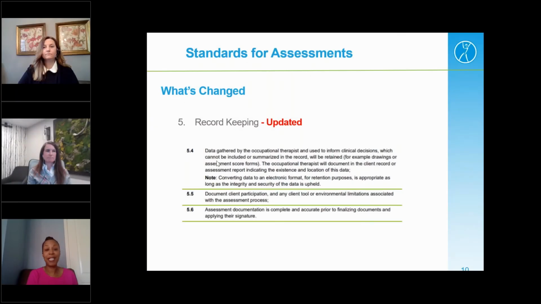And again, record keeping is another standard that we just tweaked some of the language. It is consistent with the standards for record keeping. And one of the changes I wanted to draw your attention to is that we've removed the expectation from the old standard to retain raw data. And so